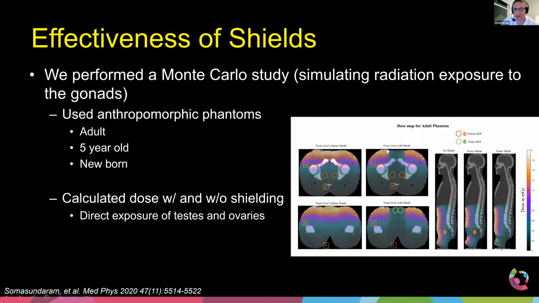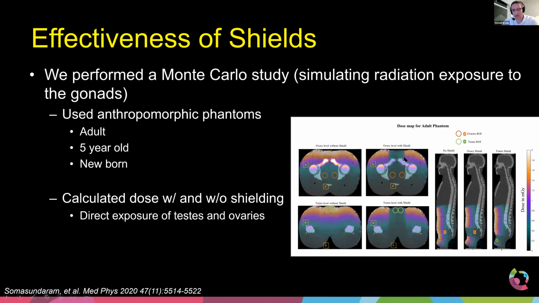Now here you can see when you place the shield over top of, or anterior to, the location of both the ovaries and the testes, there's the shadow, and that demonstrates that the primary beam is mostly reduced. And I know it's a small image and it's small on your screen,